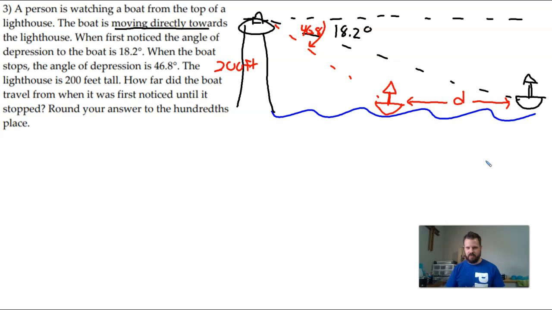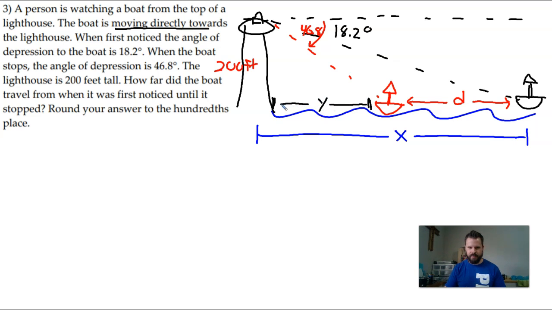To figure that out, we're going to find the distance from where the boat started to the lighthouse. We'll call that X. And I'm also going to find the distance from where the boat stopped to the lighthouse. We'll call that Y. Looking at the way we have this set up here, we could say that D is equal to X minus Y. There's no color coding going on here. I'm not sure why I'm picking the colors I'm using, but okay,